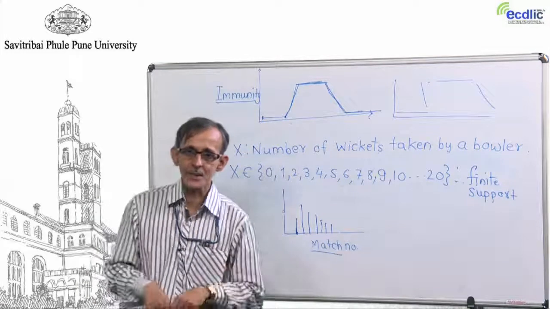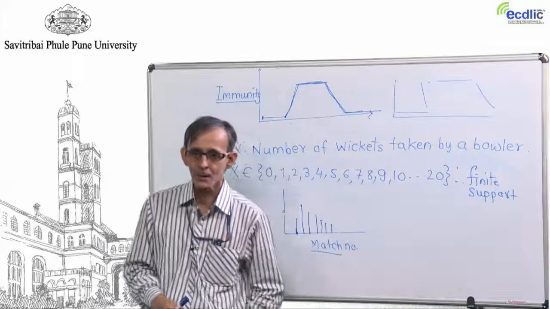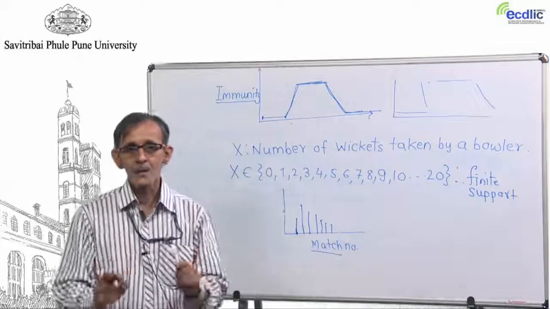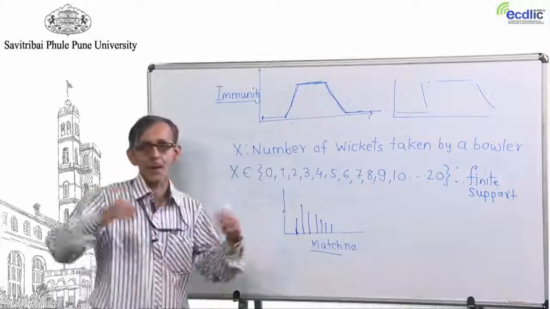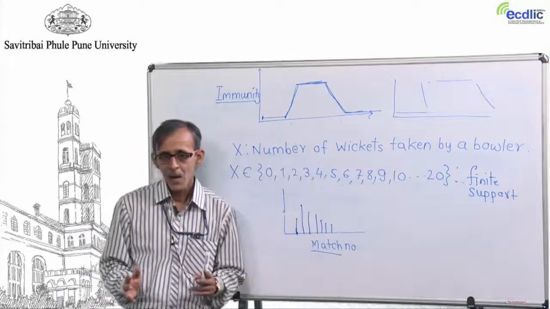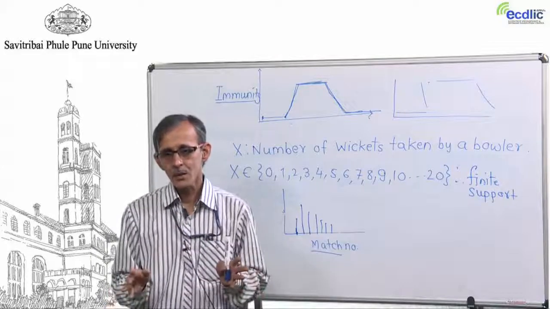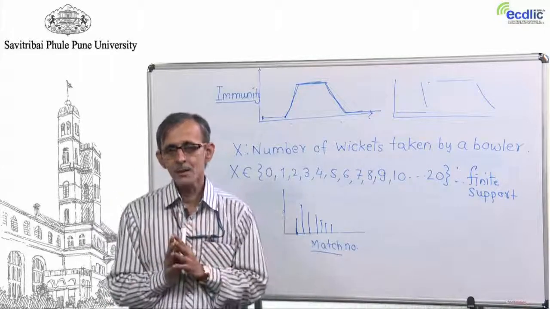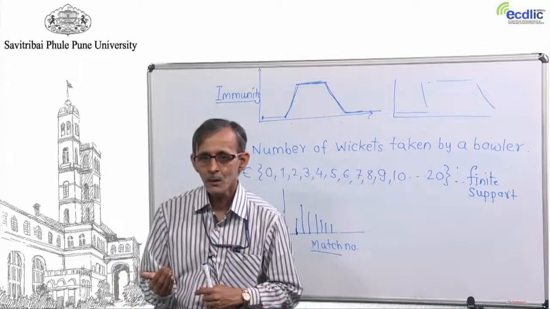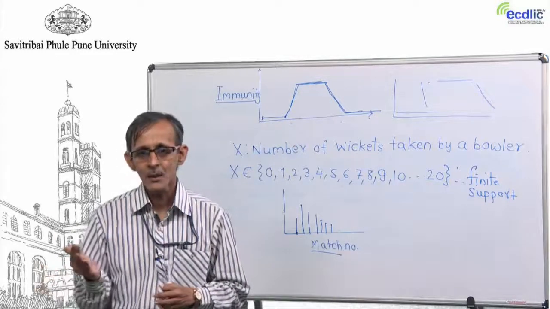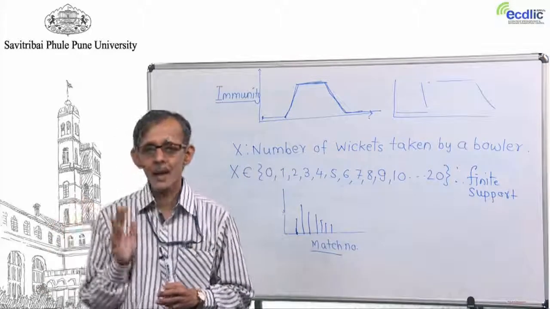Now, within simulation, a very important factor is the random number generators, which are called pseudo random number generators. They are mathematical equations, but written in such a way that they provide you a sequence of numbers which almost behave like a random variable,